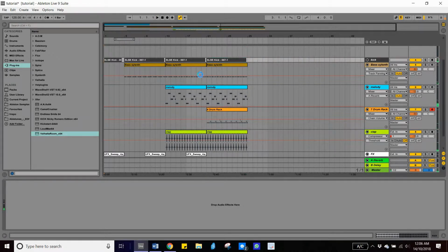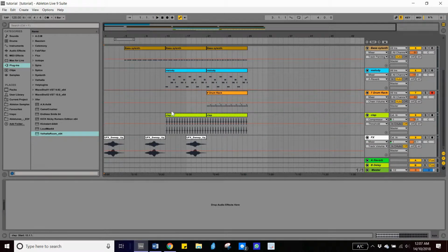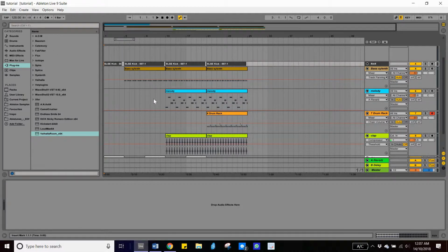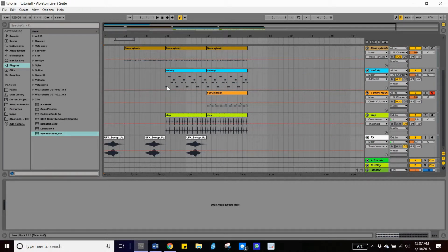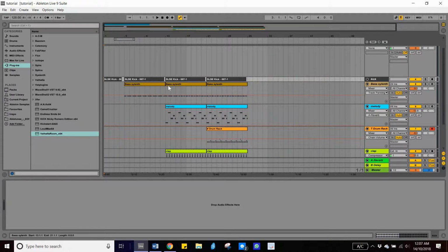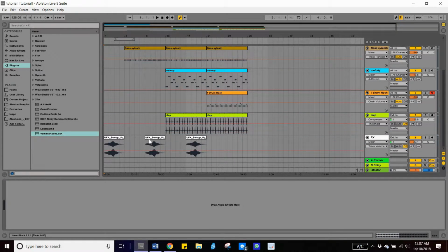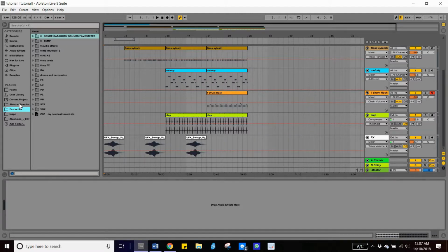Cool, there we go. So I've got a few little sweeps there, and we're basically essentially just introducing elements one at a time, every 8 bars, trying to make a little bit of a break here before each section, and creating a little bit of anticipation with our FX. I just want to do a little bit more FX, because I mean this is super basic, but